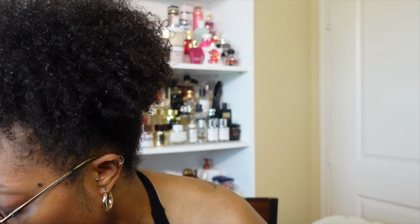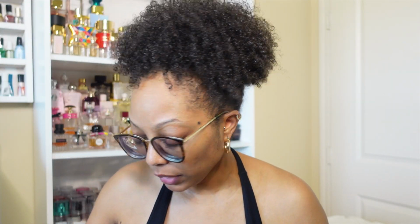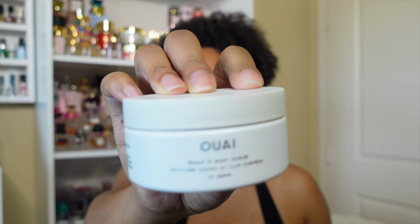Okay, so since we're talking about bathing, I'm gonna go ahead and talk about this. This is also another body wash that I love. Y'all about to see. I only have the scrub here. This is Way, their St. Bart's scrub. I absolutely love this scrub. I got the small one because I was being cheap, but I love it. Y'all, it smells